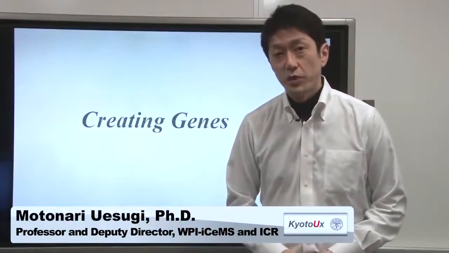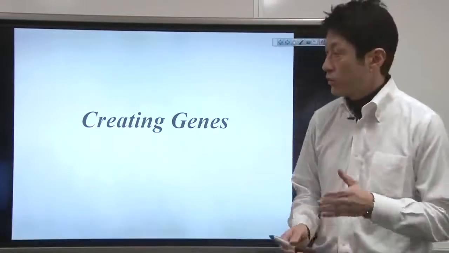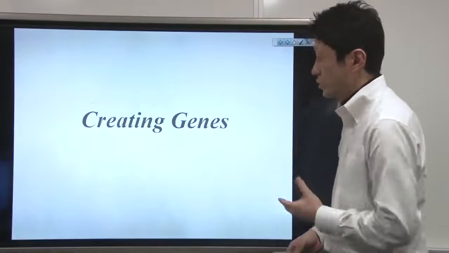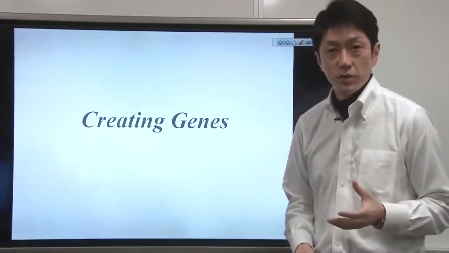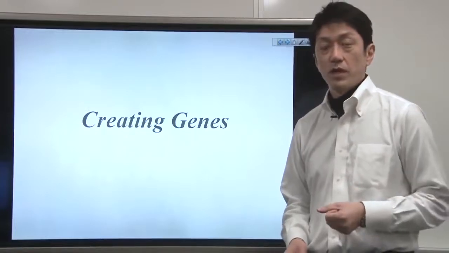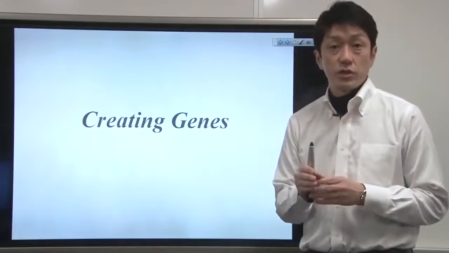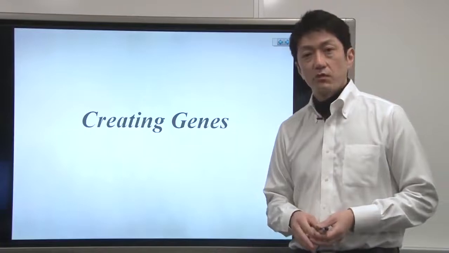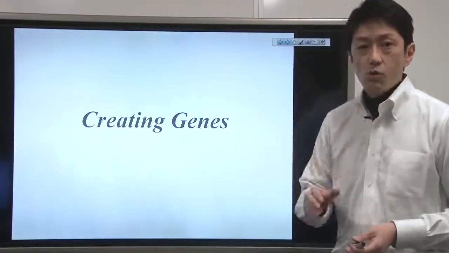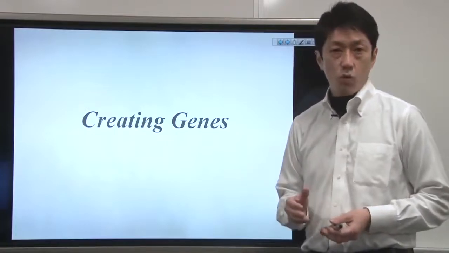In the previous video clip, we reviewed the structure of DNA, the main unit of genes. In this video clip, I'm going to tell you about how to create genes. There are 4 complementary structures that control genetic information. But where did those 4 structures in the genes come from? Living organisms can create DNA components on their own to some extent, but with poor efficiency.